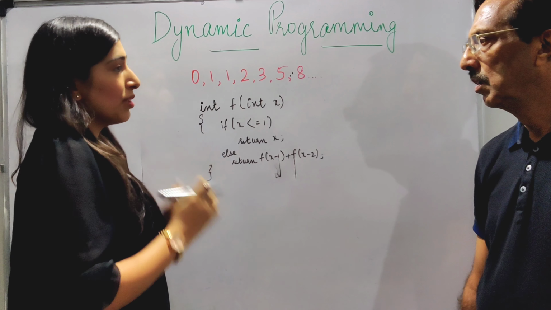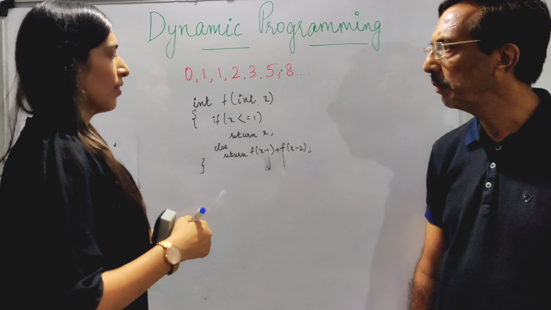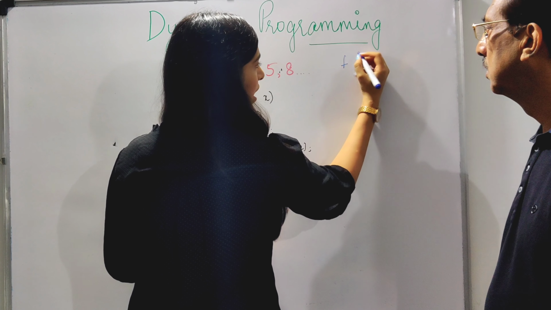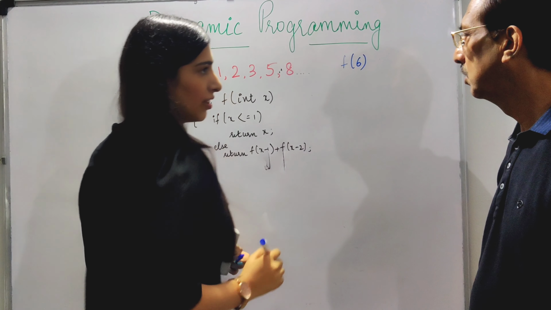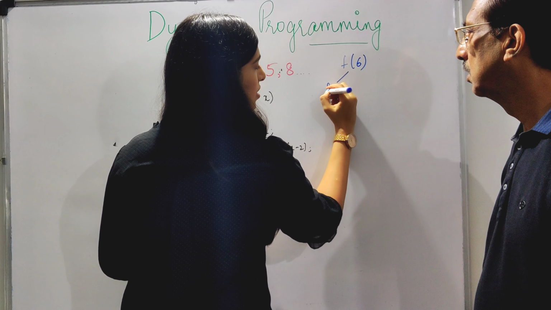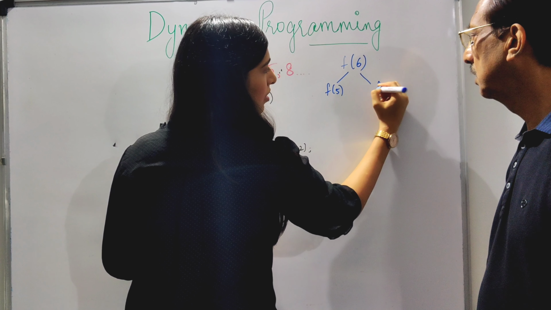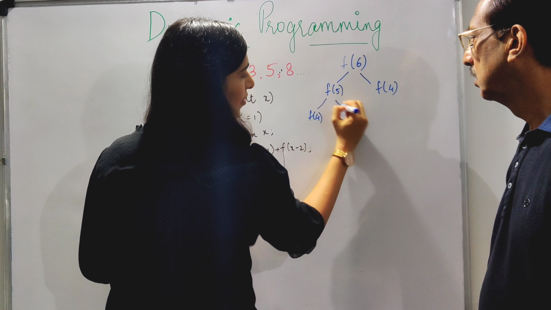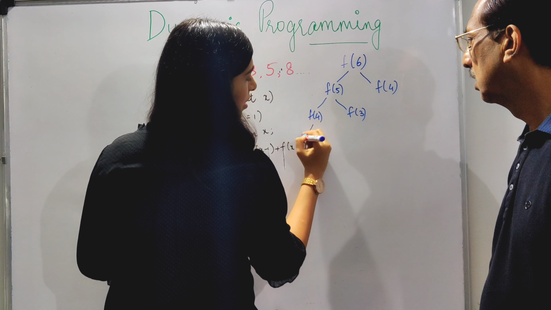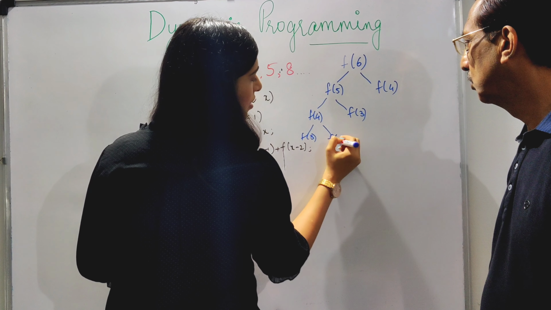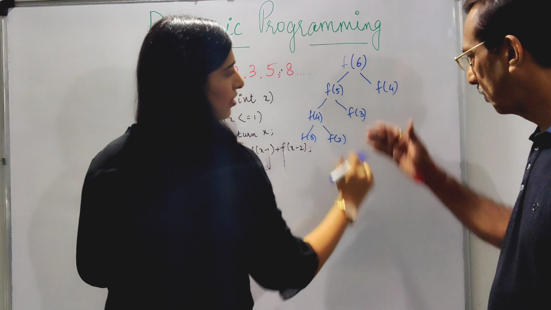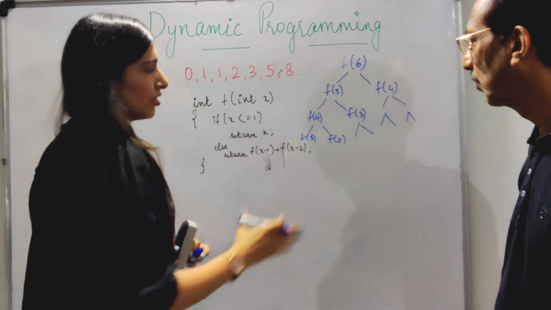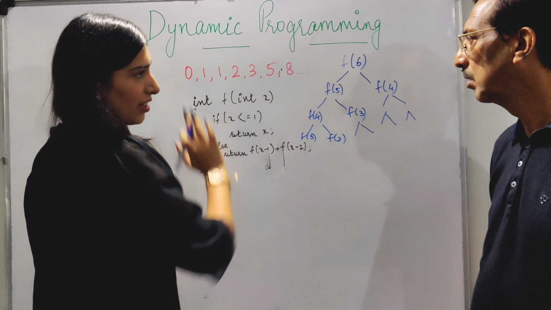But now let's see what the problem with it will be. Preeti, what do you mean by problem? Let me show you. Suppose we have to calculate f of 6. We have to calculate values f of 5 and f of 4 for that. For f of 5 we have to again calculate f of 4, f of 3. Again over here f of 3, f of 2. Similarly f of 2, f of 1 and 0, and similarly here. This tree will continue till we reach the base conditions, that is 1 and 0.